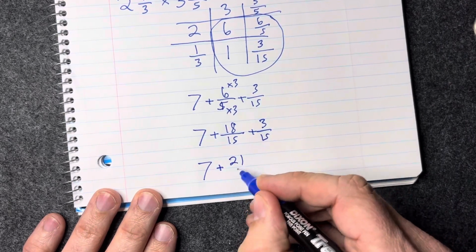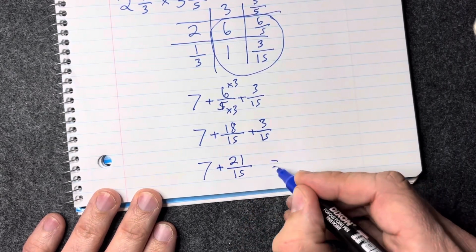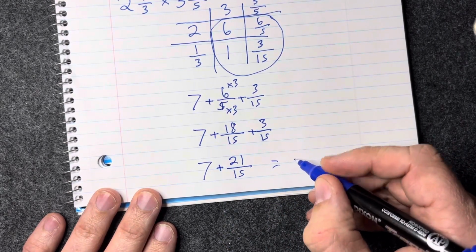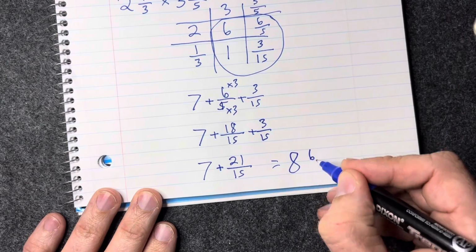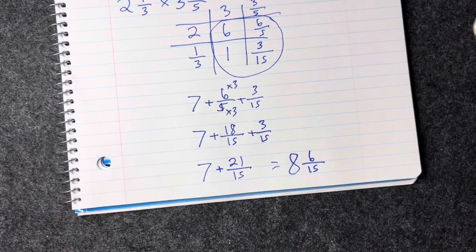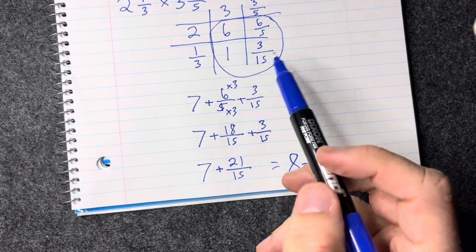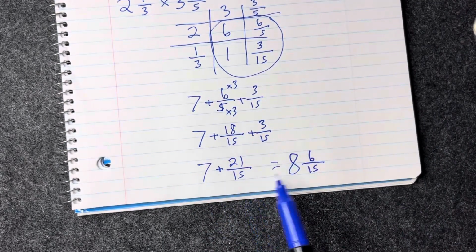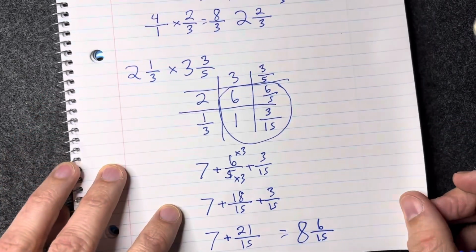So that would be 21/15. I'll go to the right here instead of going down, though you should go down. So the answer would be 8 6/15. Okay, so multiplying in the box, adding up the box all together, and you get 8 6/15. And showing you another way for that question